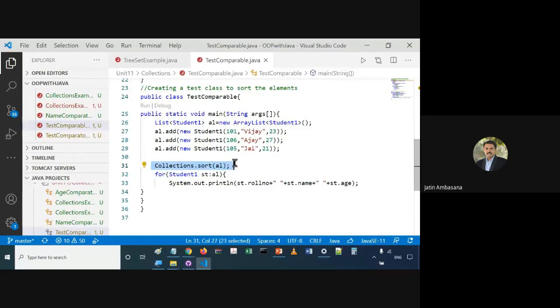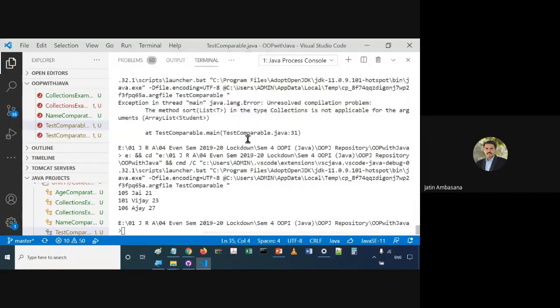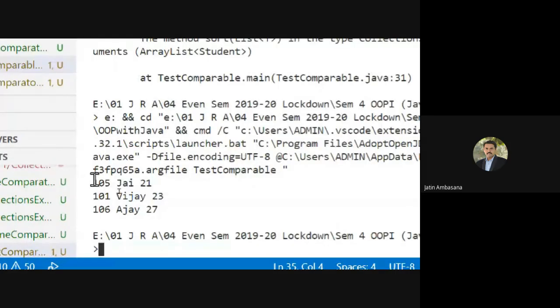Then we use a for each loop inside this ArrayList AL, and access the student roll number, name, and age. So let's see what happens when we run this. Check this out. 21, 23, 27. This is how they are sorted.